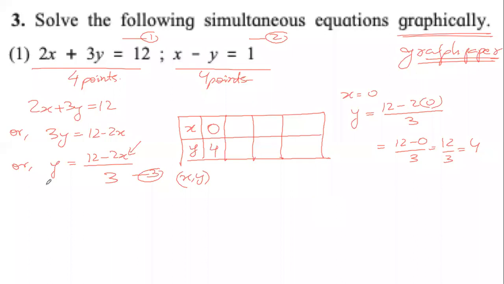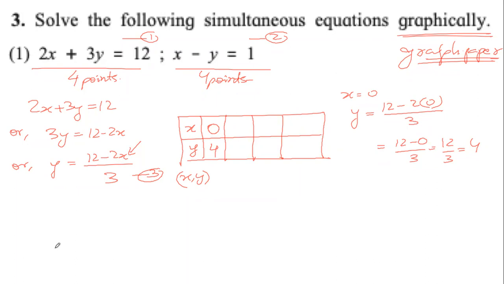Now this can be done very, very fast if we are good with our mental arithmetic. And the only way to be good with mental arithmetic is if we know the multiplication tables and the divisions fast enough. Because if I know my multiplication tables, I can quickly say, if I take x equals 1, then it becomes 12 minus 2, 10. 10 is not divisible by 3. I will not take 1. Now let us try 2. If I take x equals 2, it will be 12 minus 4, which is 8. 8 is not divisible by 3. I will not take 2.